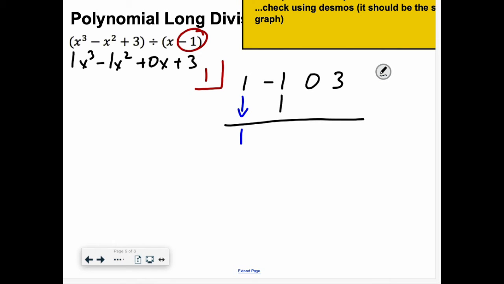1 times 1 is 1. Negative 1 plus 1 is 0. 1 times 0 is 0. 0 plus 0 is 0. 1 times 0 is 0. 3 plus 0 is 3. So the answer to this one is just